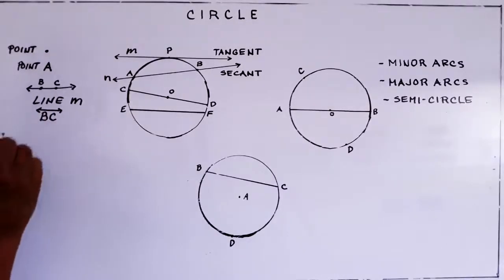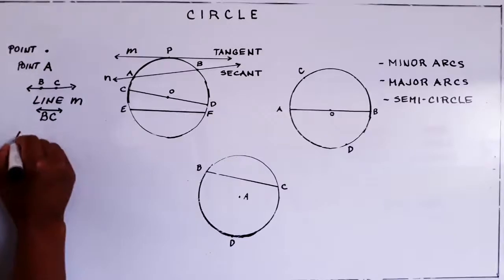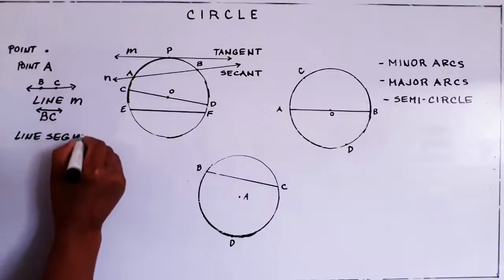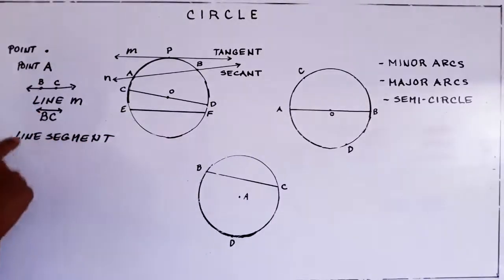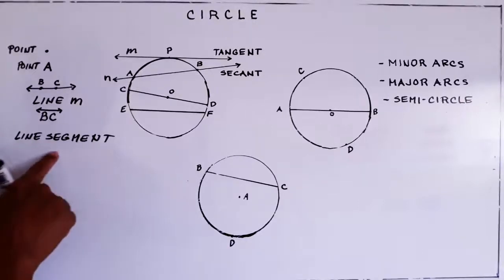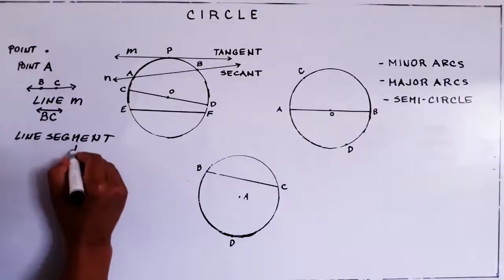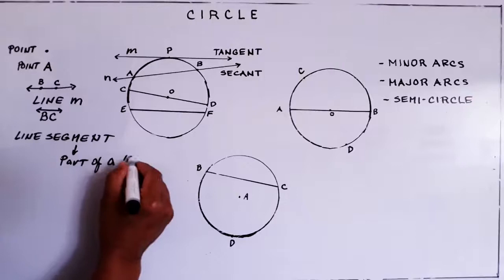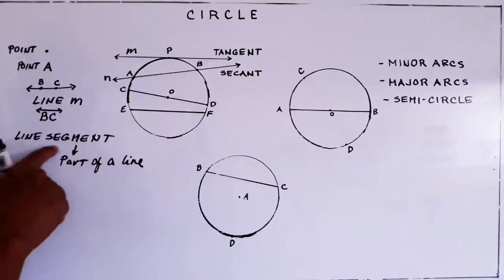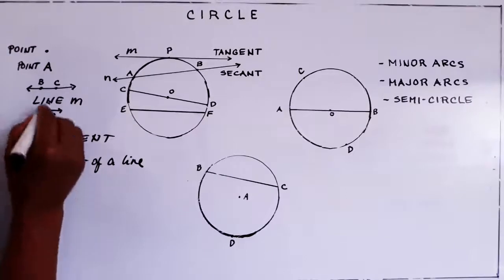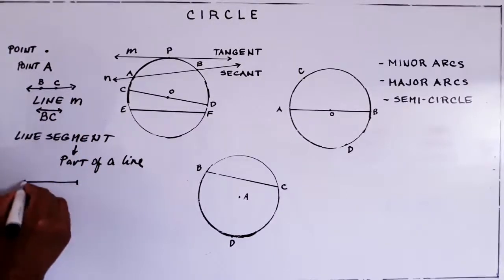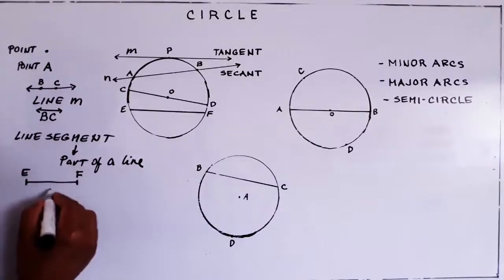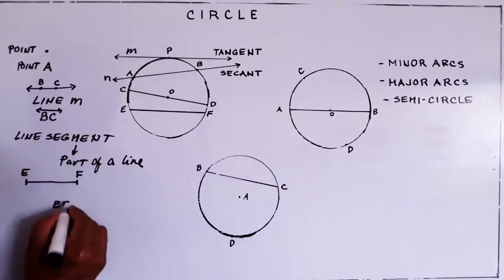Okay. Now after our line is what we call the line segment. This one is a line only. When we have segment, what do you mean by segment? Segment means part of a line. So the symbol for line segment is, if we have up to here only and up to here only, and we have E and F here, we can write this one as EF. And we put a line here